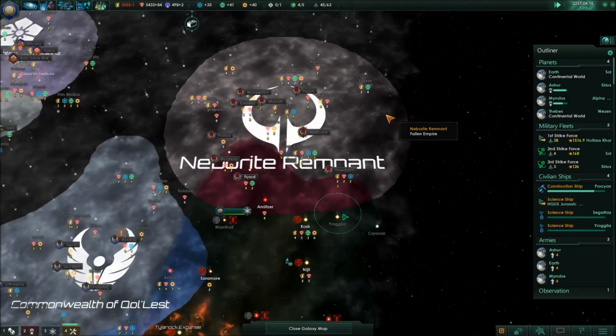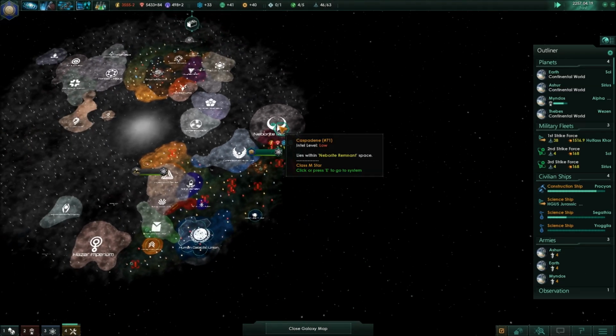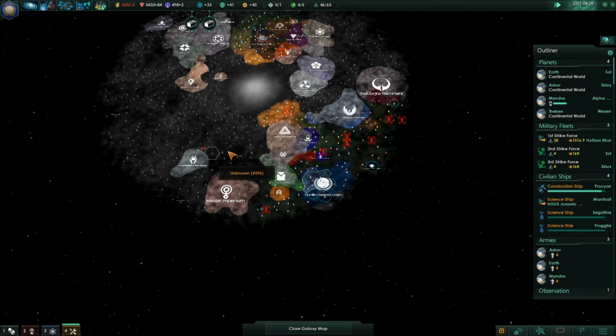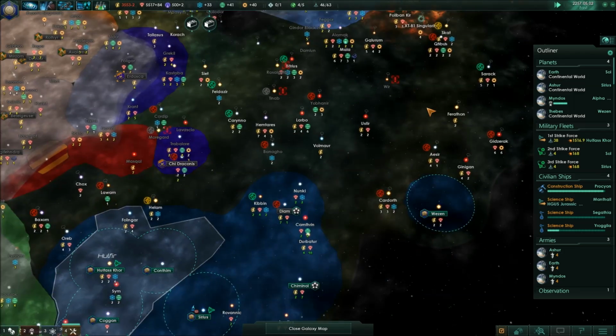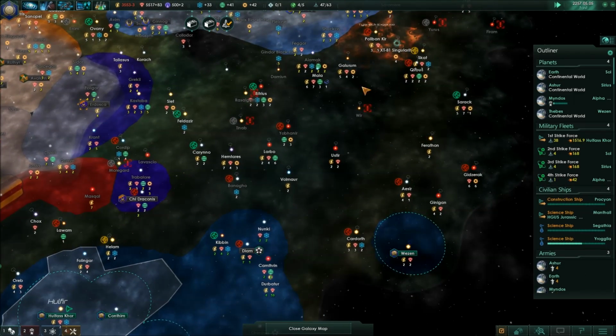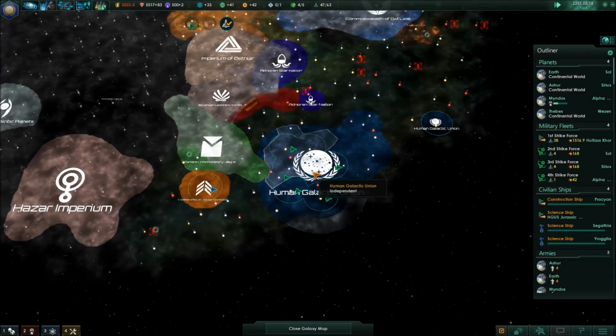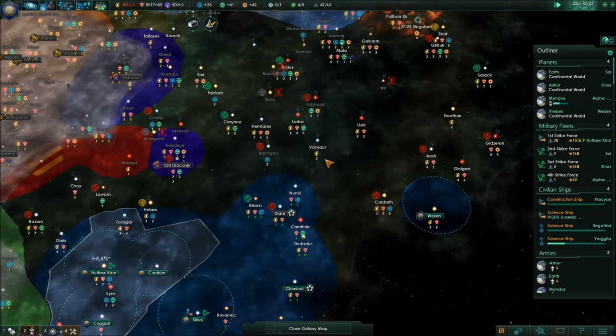Construction complete. And I was kind of expecting to hit a fallen empire somewhere in this area, so I guess I shouldn't be too surprised. There are a few colonizable planets that we can snag, but there's not a lot. Even tech-wise, you know, like